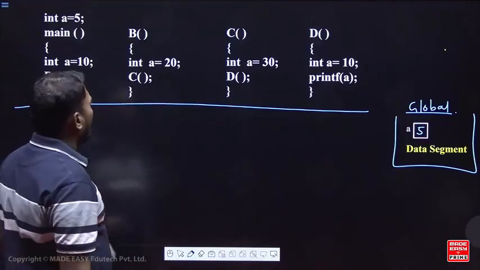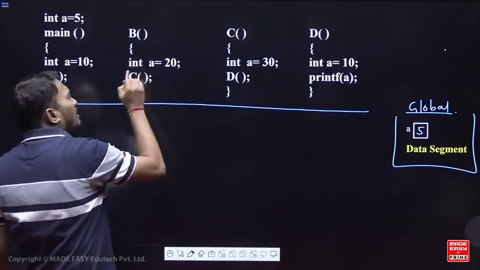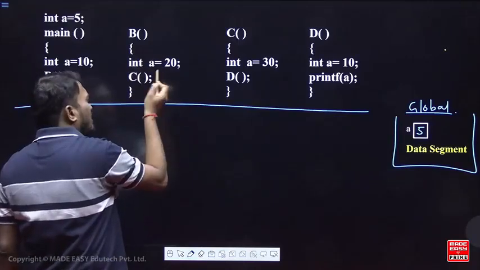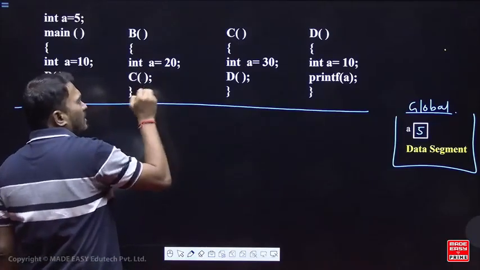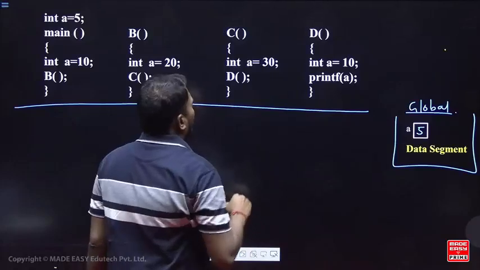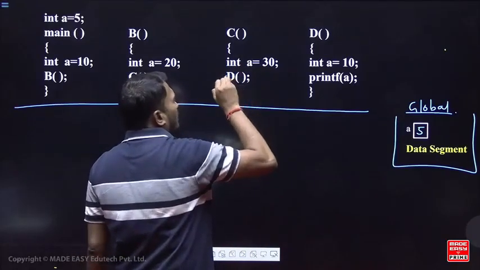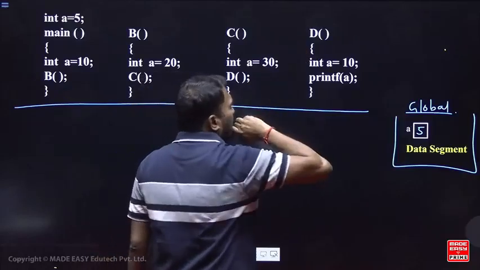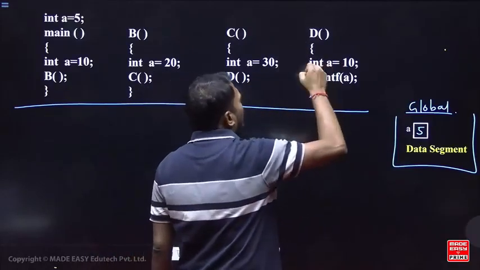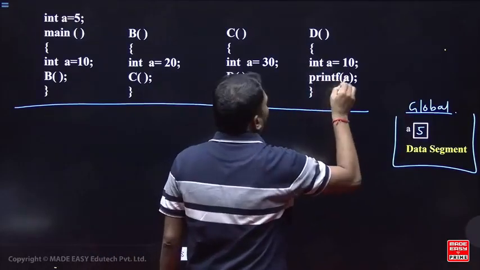You will come to function B. Again you have a local variable declaration there. You are calling function C. Then you come to function C, where again you have a local variable, and then you call function D. In function D, again you have a local variable, and you say printf